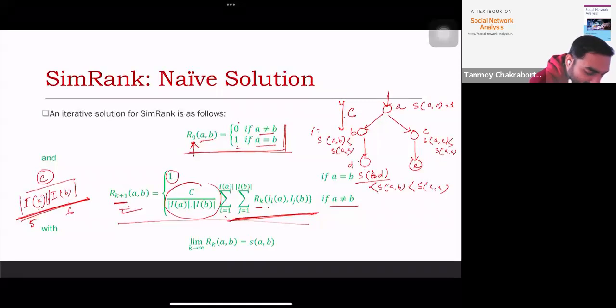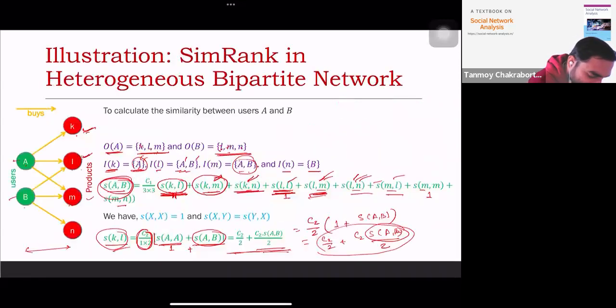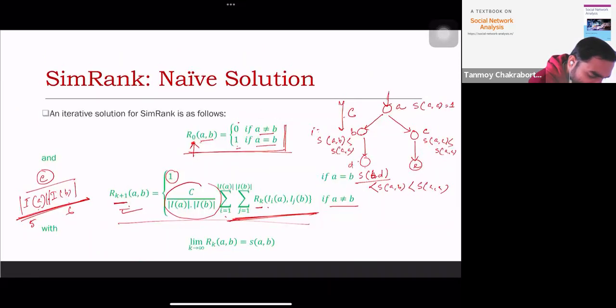When you calculate similarity of B and D, you have C times C square, and remember